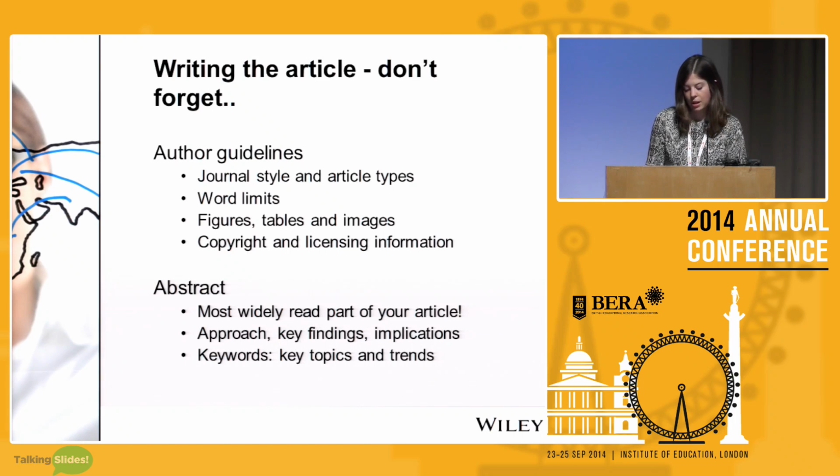And the abstract. The theme of the abstract can best be summarized by what is the article about, and it's important to remember that it's the most widely read part of your article. Anyone can access the abstract, whether they have access to the journal or not. And more important, as people search for articles using Google and Google Scholar and other search engines, are the keywords.